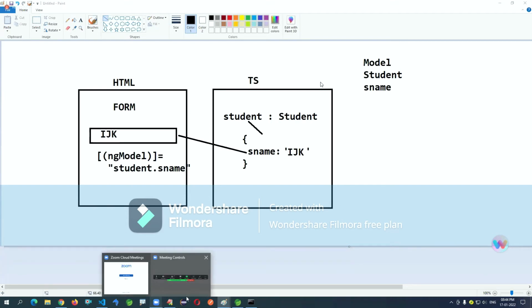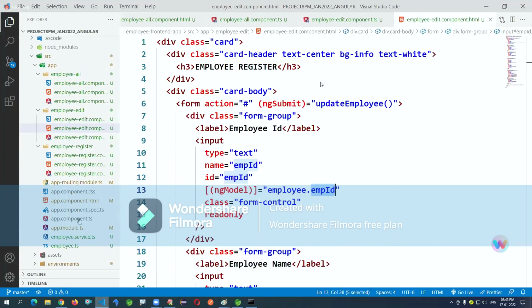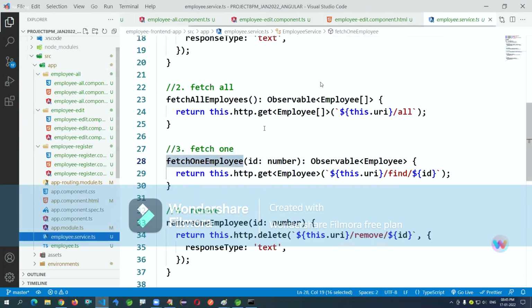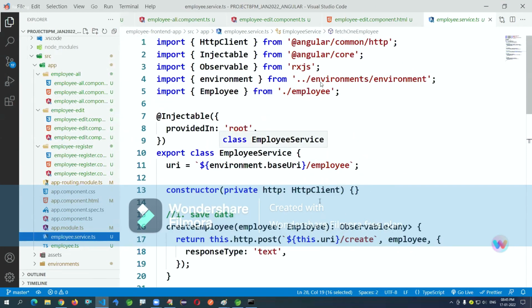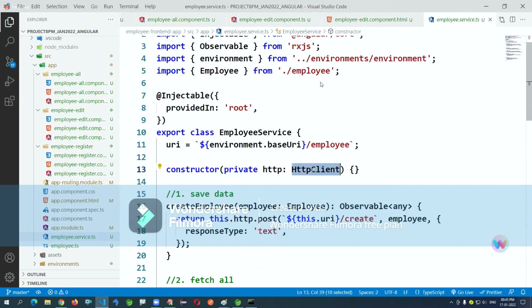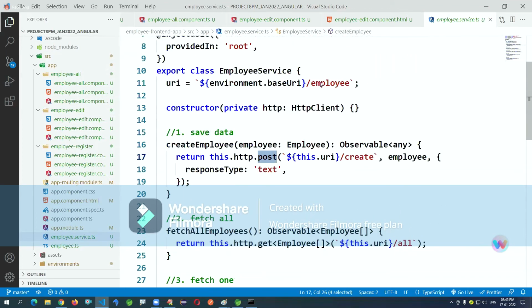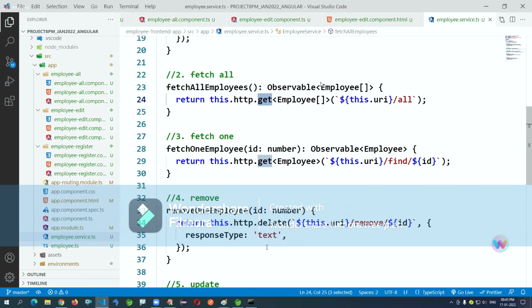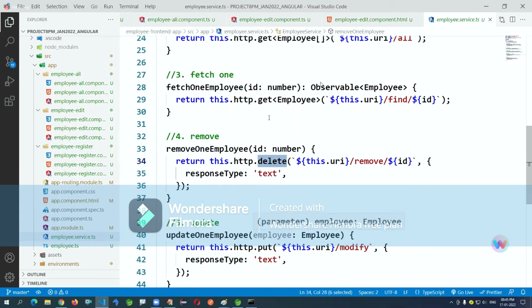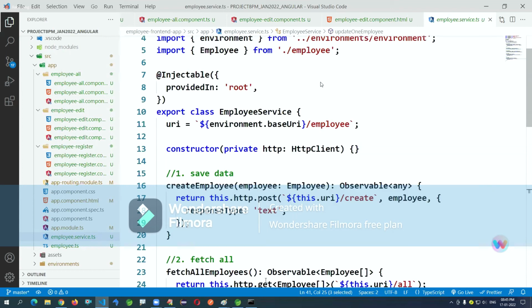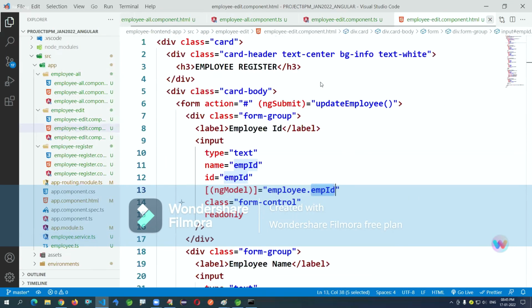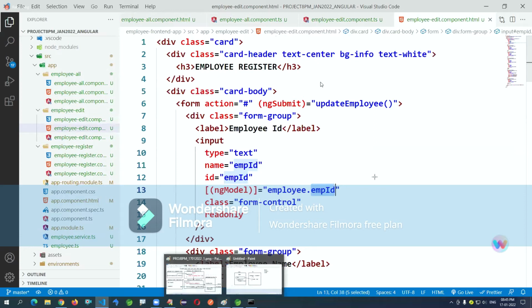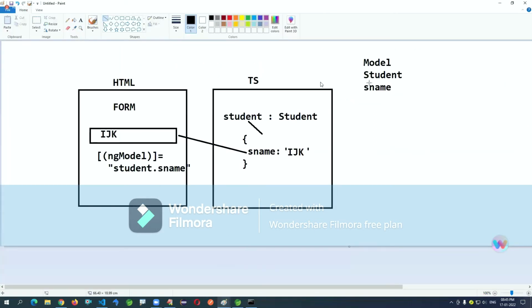this one, Sainath, already I gave service component. You're asking again, service component. Okay, service and component are different. Service is connected by using HTTP client. It behaves something like a REST template. We have predefined methods called post, get, delete, put. These methods are called here HTTP client. Okay, so now you got the clarity of ng model, David. Okay, so that is actually two-way binding.